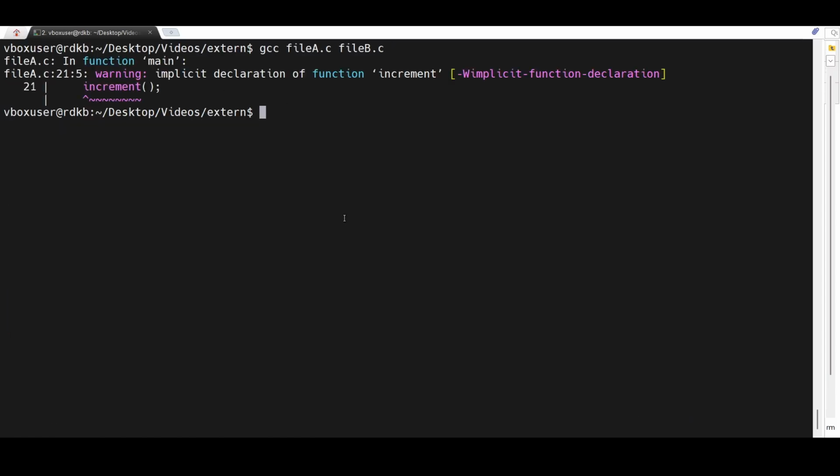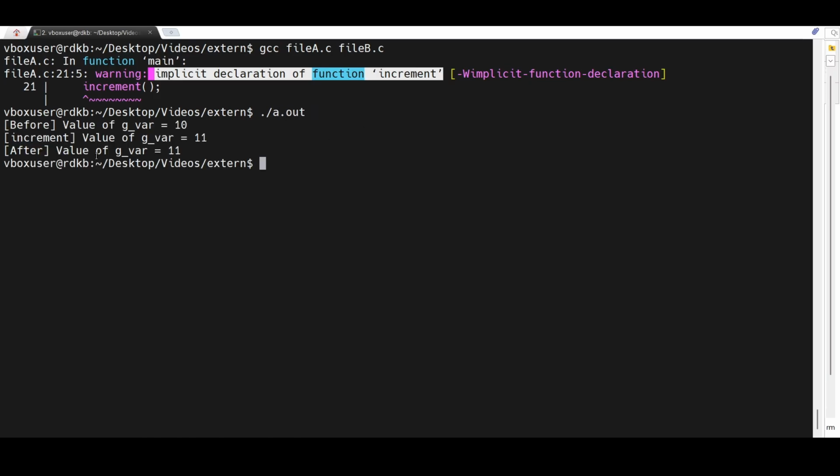When I compile it again, I get a simple implicit declaration of the function increment warning. Okay. For now, we can avoid this because we are not using the header file, so the function declaration was not there. So when I run,